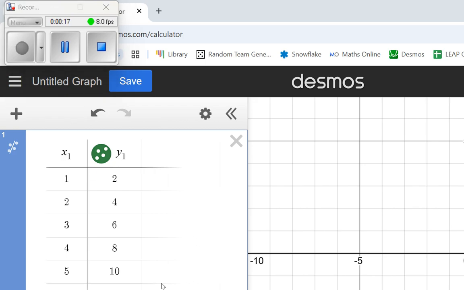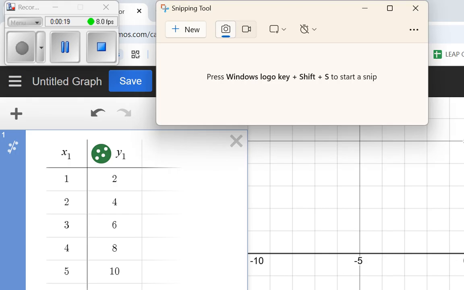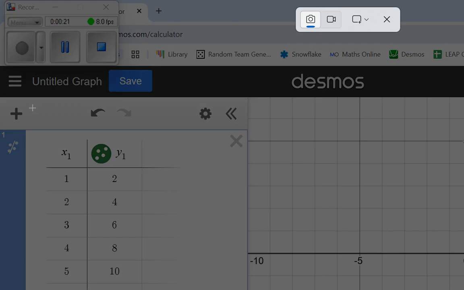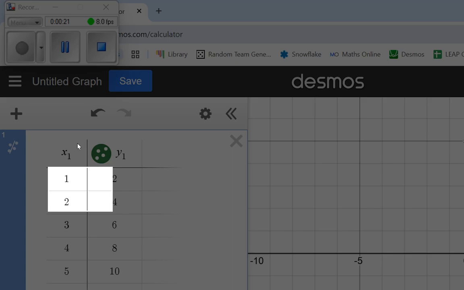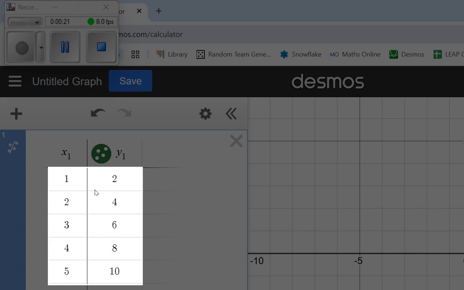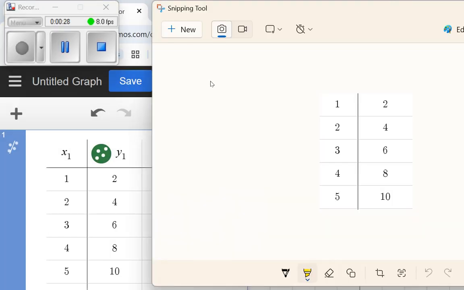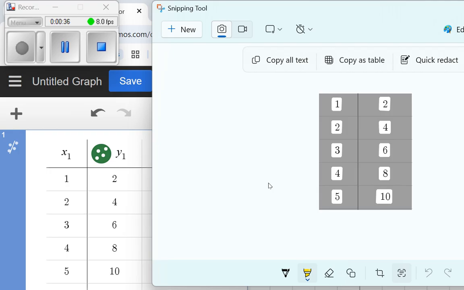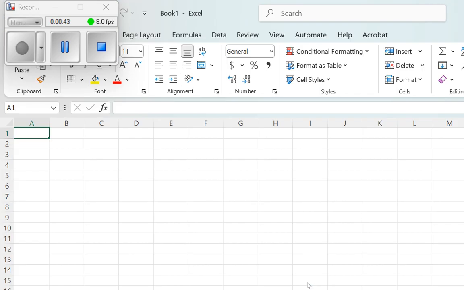If I go for my snipping tool and click on New, if I now highlight the table in Desmos, there's my snipping tool, and if I look at this button down here, text actions, if I click on that, then I can choose to copy as a table. So having done that, if I now go into my spreadsheet and if I paste that,